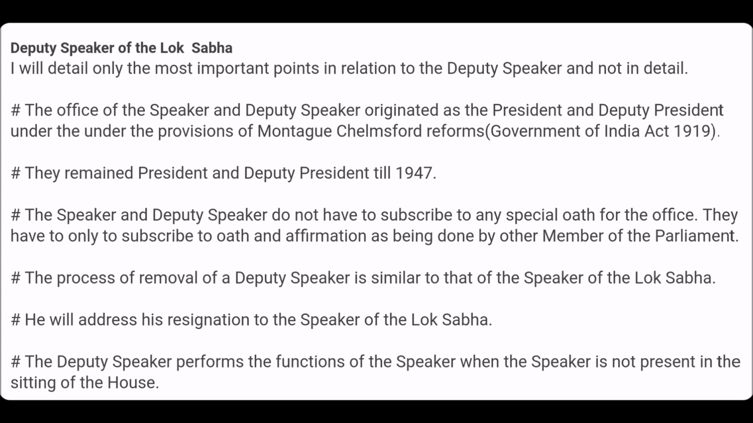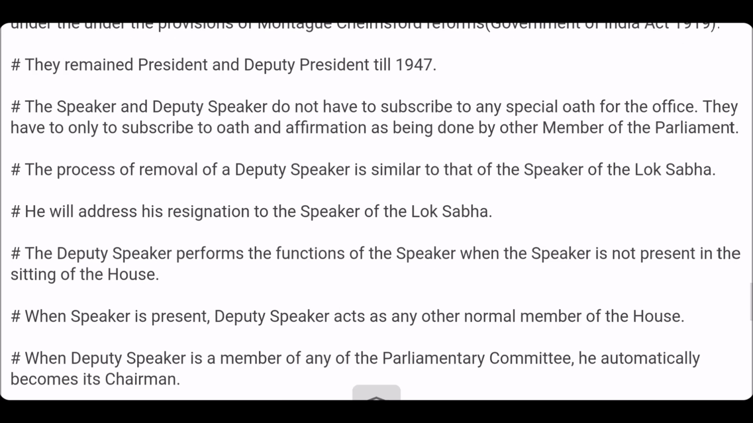Now, Speaker and Deputy Speaker are both members of the Lok Sabha only, friends. So they do not have to subscribe to any special oath or affirmation. They will take the normal oath or affirmation that a normal member of Parliament takes. The process of removal of the Deputy Speaker is similar to that of the Speaker of the Lok Sabha. He will address his resignation to the Speaker of the Lok Sabha